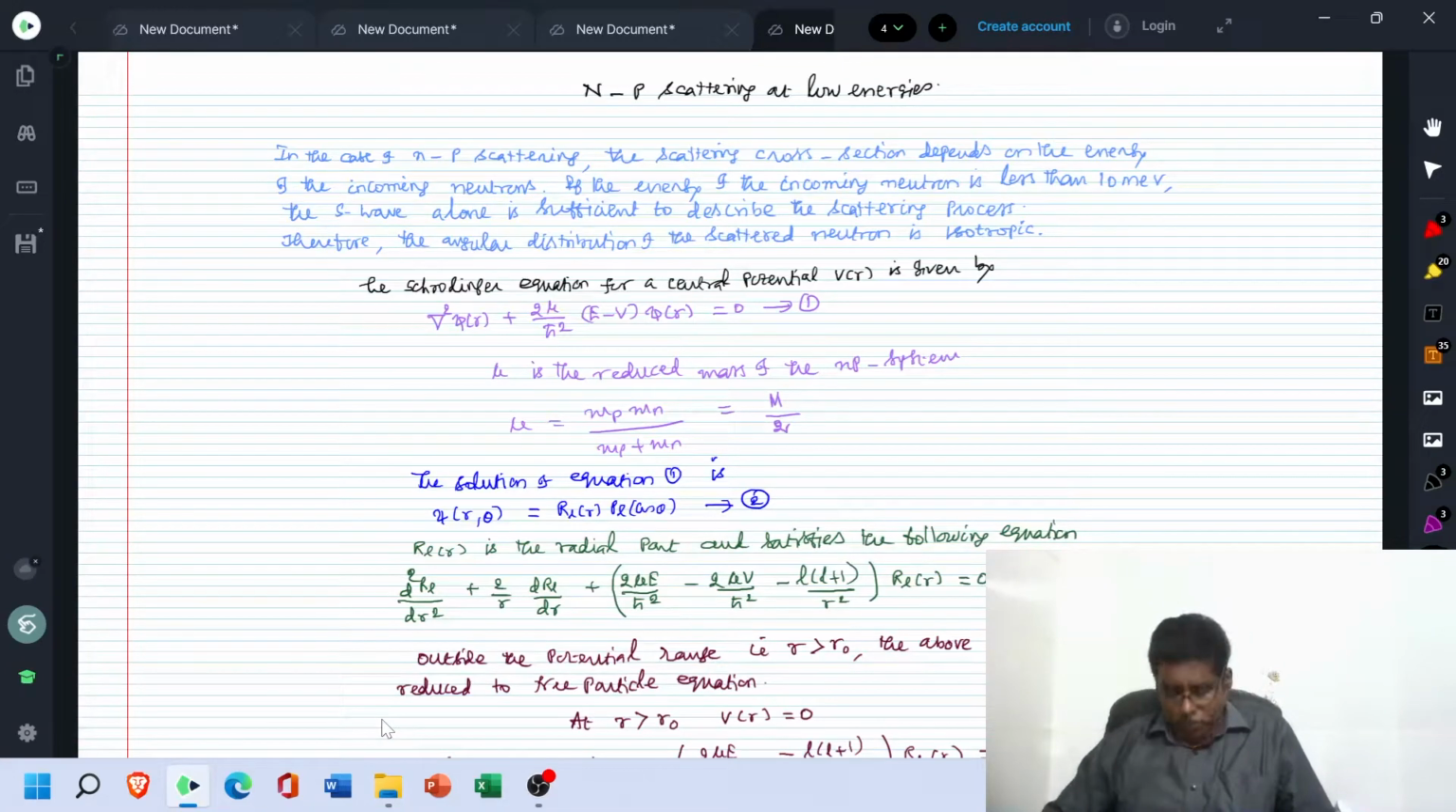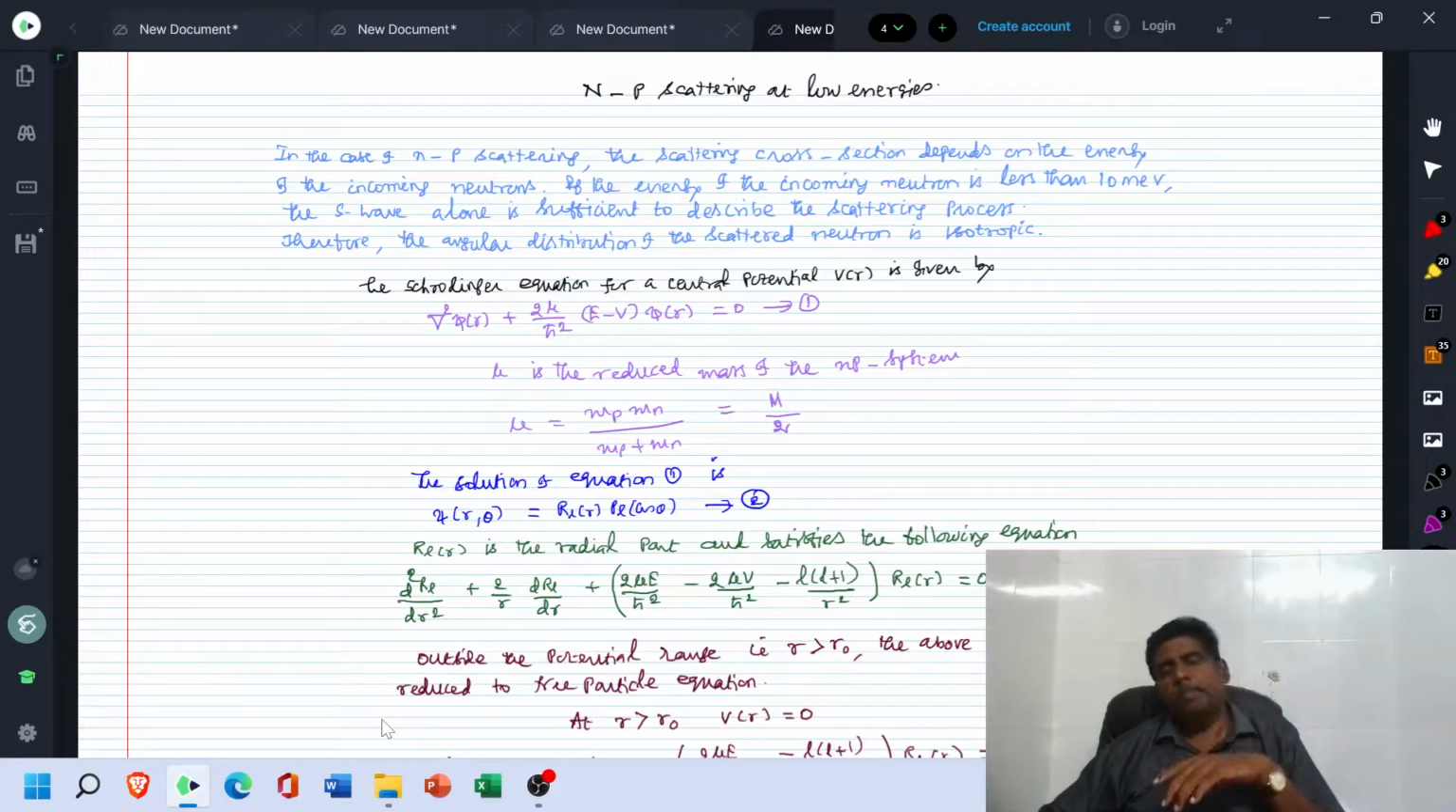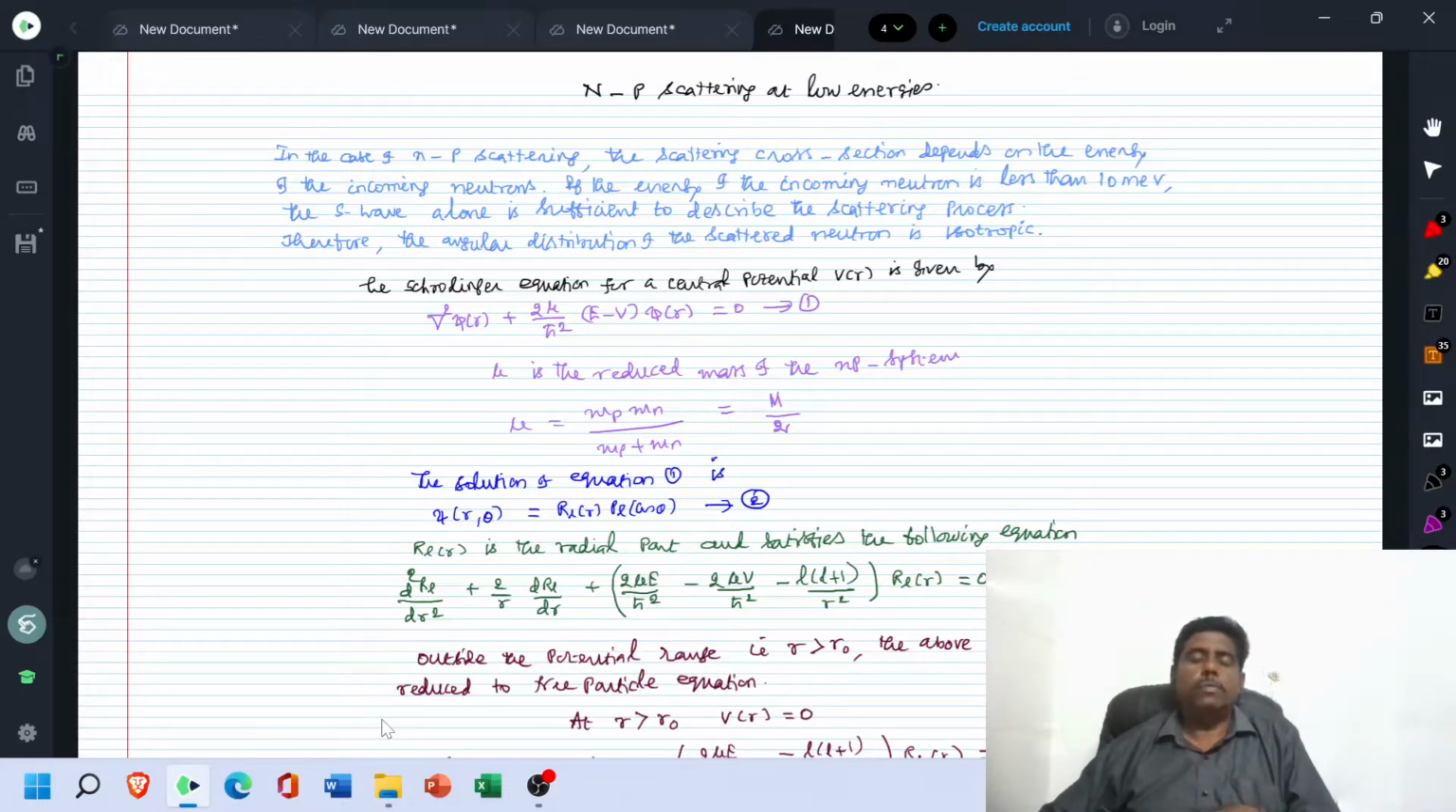In this presentation, we are going to talk about NP scattering at low energies. To describe the low energy scattering, we have to use the technique of partial wave analysis. Using partial wave analysis, we can evaluate the value of the scattering amplitude f of theta. Once f of theta is known to you, we can estimate the differential scattering cross section using the formula